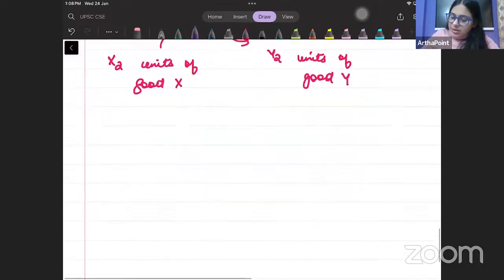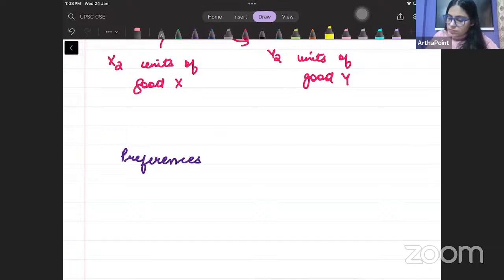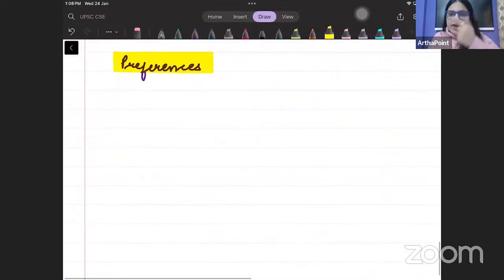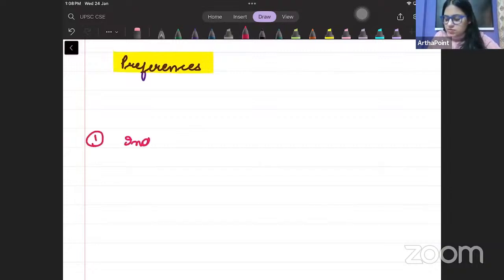Now let's talk about the type of preferences. When it comes to preferences, there will be three kinds of preferences. First, indifference. When I talk about indifference, it means that you get the same utility from the two bundles. अगर आपको दो bundle से same utility मिलती है, then it means that you are indifferent between the two bundles, right? So for example, we can go ahead and say that